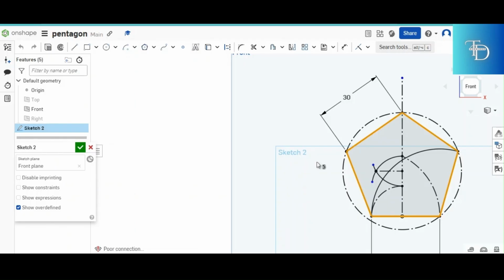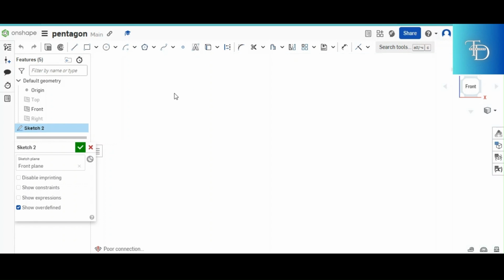Now, when you are required to construct a pentagon, you are only given one dimension, which is the dimension of each side of that polygon. So everything that you do is regarding the given dimension. So without wasting any time, let's get to it. Alright, let's say we are given a case whereby we are required to construct a pentagon and each side should be 30 millimeters. So what you do, you know the drill,